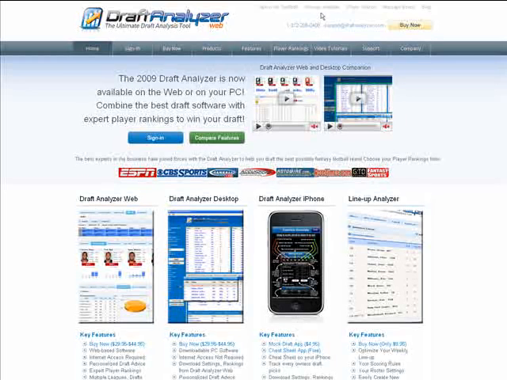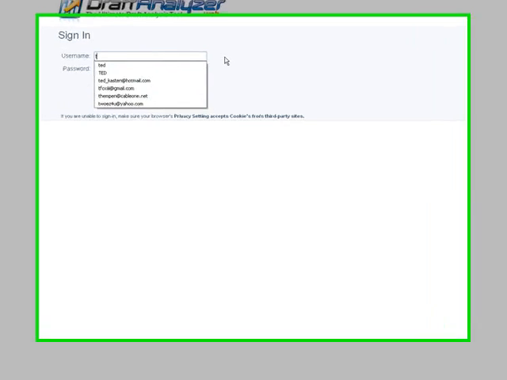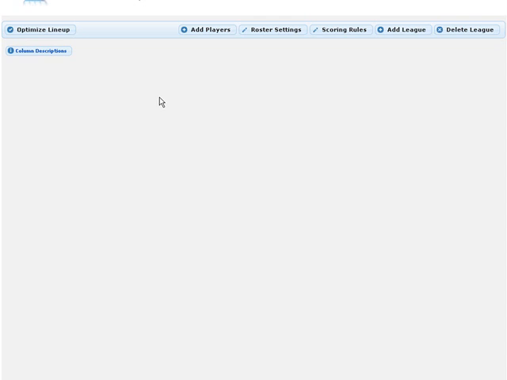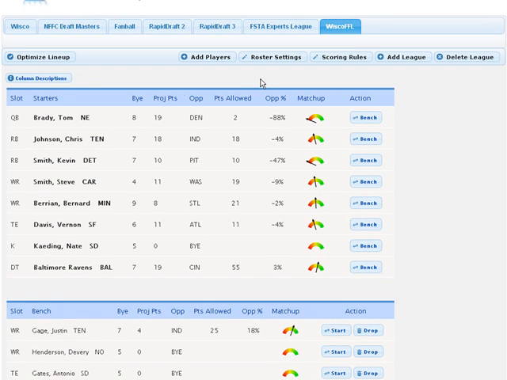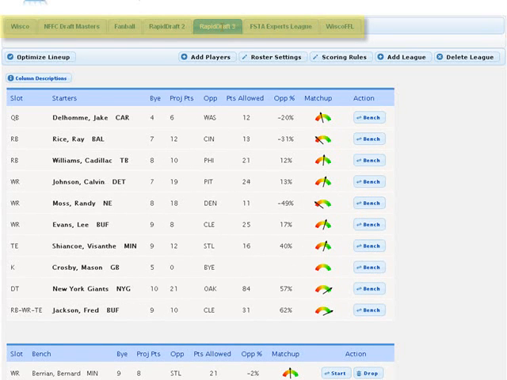To sign into the Lineup Analyzer, go to draftanalyzer.com and click on the Lineup Analyzer link. Enter the same username and password you used for the Draft Analyzer associated with your license. Press sign in and you'll immediately see all of the leagues you have created in the Draft Analyzer automatically appear